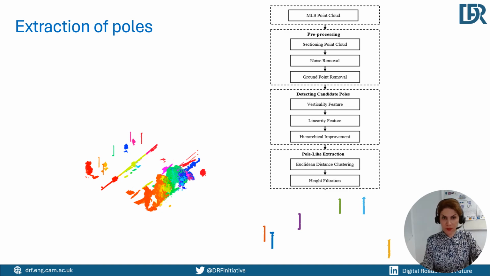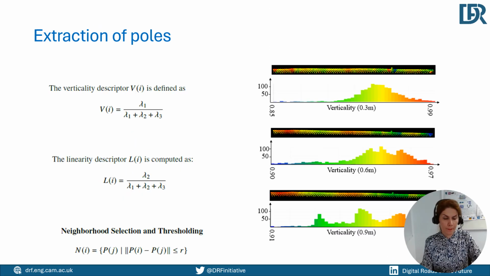After pre-processing using these features, the candidate poles are detected, and afterward, using Euclidean distance clustering and height filtering, the pole-like objects are detected. You can see the verticality and the linearity features and the definition of the neighborhood and the thresholding which was done in this research. For three data sets, you can see the verticality in three different radiuses and density of